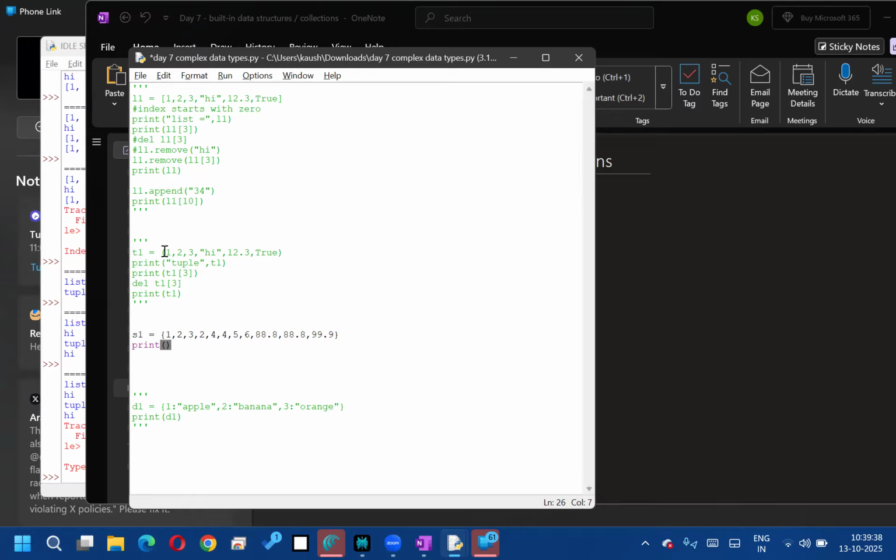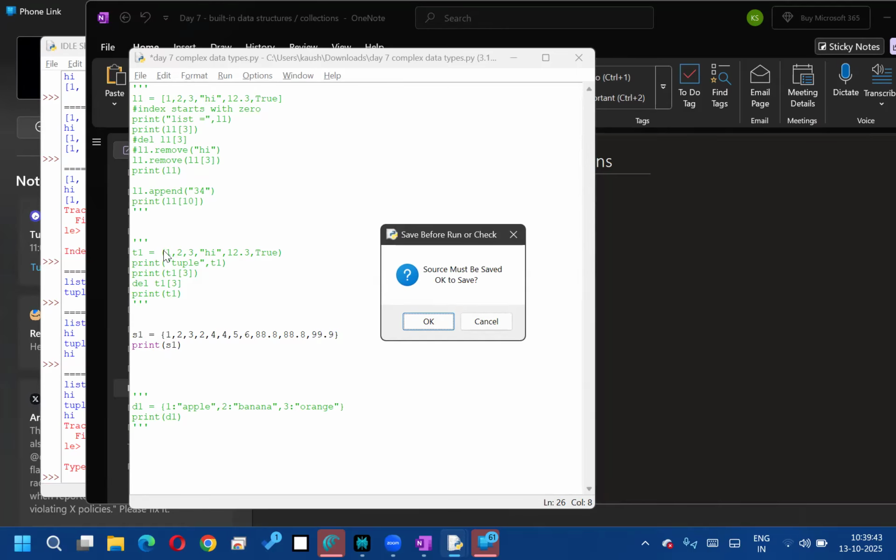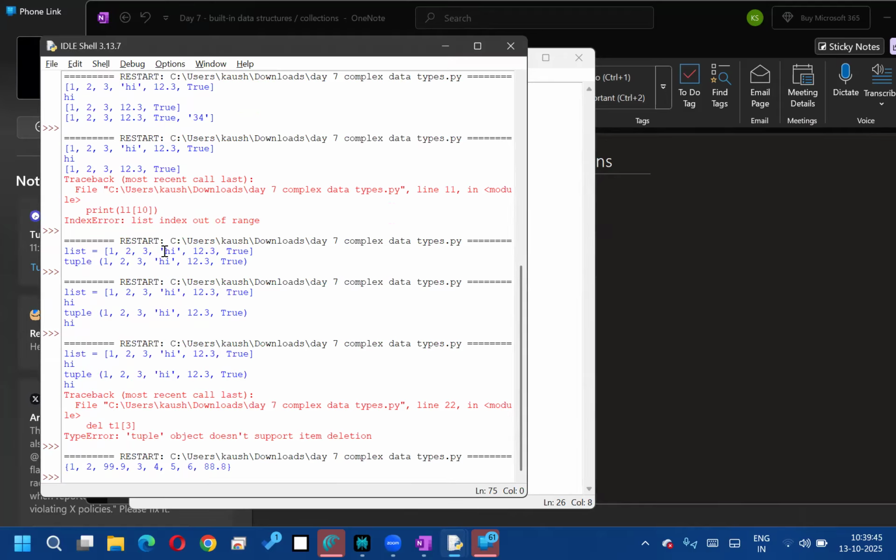Let's see what will happen. 88.8 we gave multiple times, but it only took one time. 2 we gave multiple times, it only took one time. What it will do is it will not raise an error, but it will check inside the set. If it is already there, it will remove it. Second thing you notice,